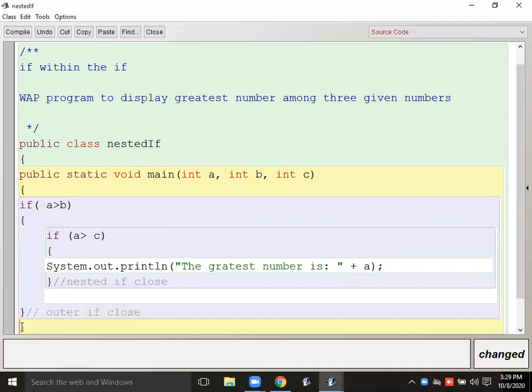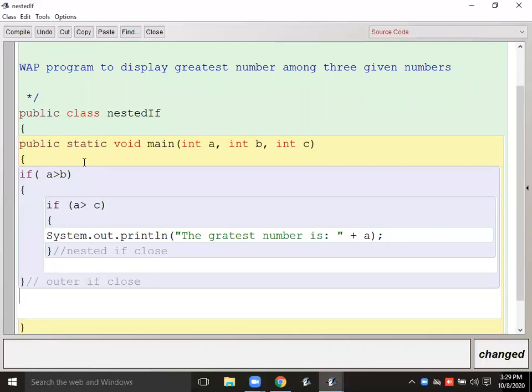Okay, now the second part of this if. If this if is not going to be true, meaning if A is not greater than B, it means what? B is greater. Now here I'm forming the else, meaning if this given condition, this outer if, is not going to be true.